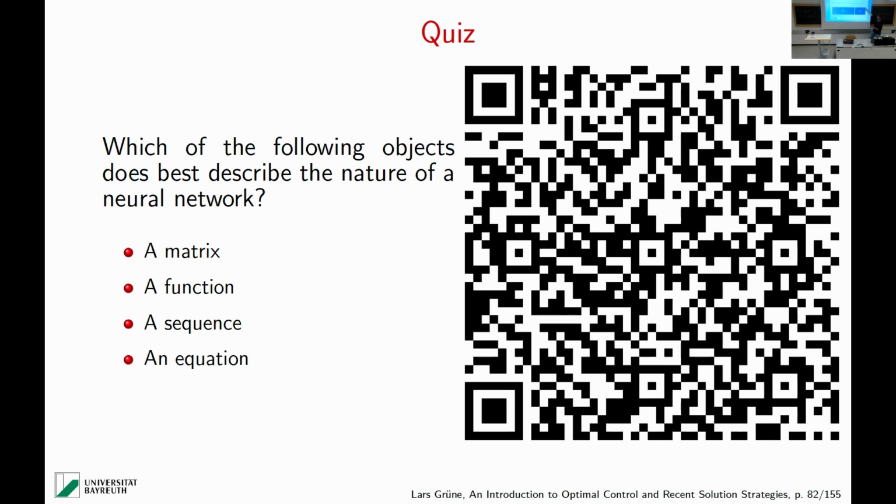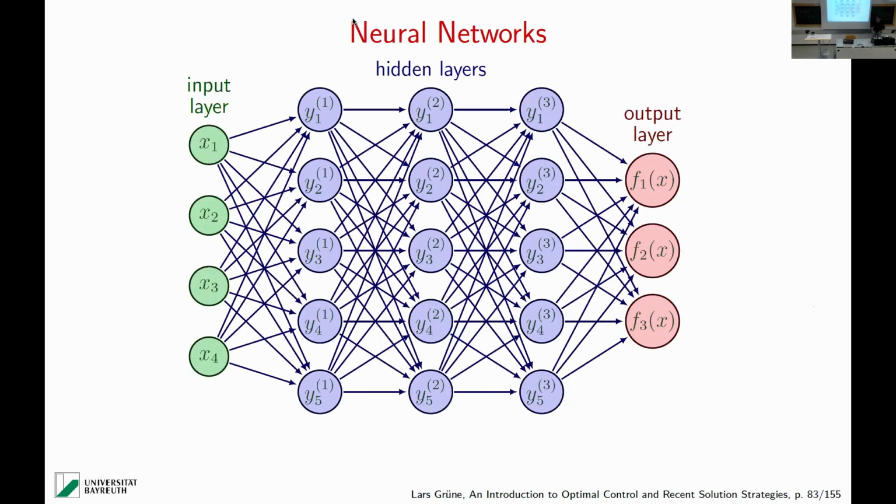12 answers. Okay, this is in German, unfortunately. I would say that 4 of you say a function and 8 say a matrix, if I interpret the figures with a rounding error right. Well, matrix is not entirely wrong because there are parameters that you can arrange in a matrix, but this doesn't really capture the functionality. And those 4 of you who said a function are really closer to the truth, at least in the context that I have here.